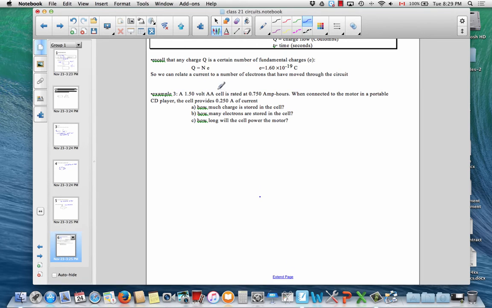So here's a typical dry cell, a 1.5 volt, and they have ratings. Now what does this rating tell us? So we see it's 0.75 amp hours. So what is an amp hour? Well, amp is the unit of current. That's an ampere. And clearly hour is a unit of time, and then current times time, we see from our definition, is a charge. So this is really telling us